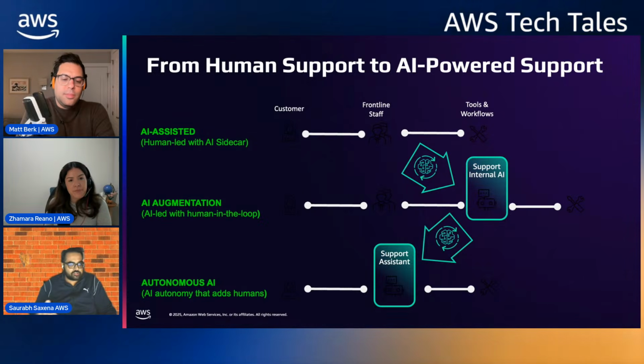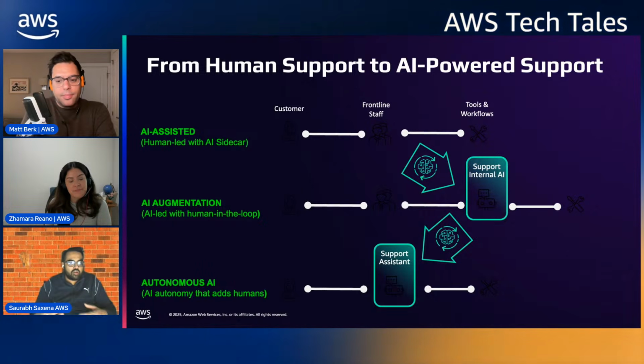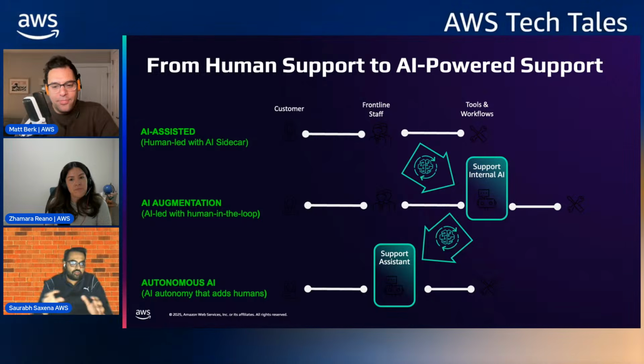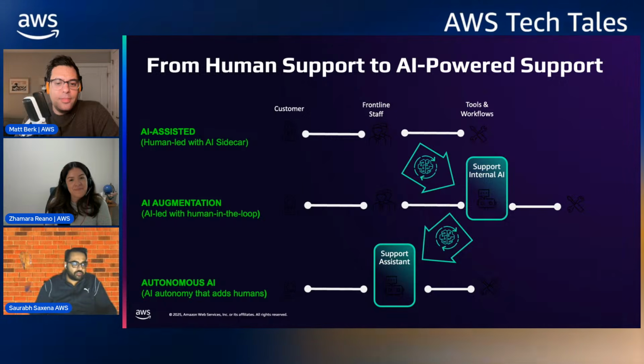I think we are going to do a session later on the DevOps agent, which we launched, and the security agent, where these agents can actually now act autonomously. You just set up a CloudWatch or Grafana dashboard, and the agent can kick in, look at all of your telemetry, and give you... I don't want to give all of the fun away, but autonomous AI is where it gets super exciting, where AI can actually act on your behalf and show you all the work is done. Here's what I found out, and here's the solution.